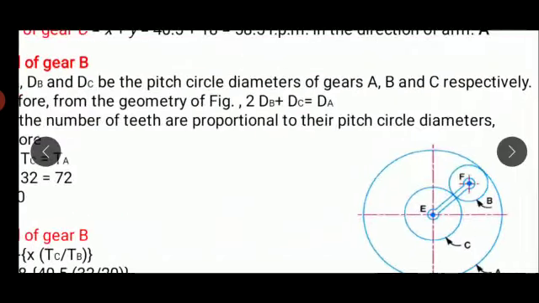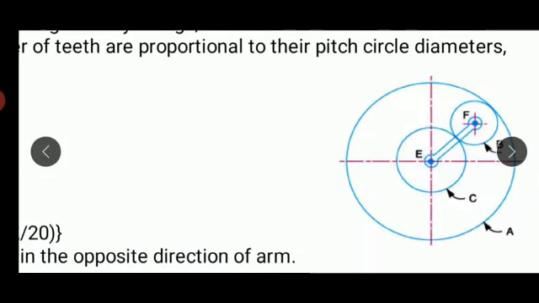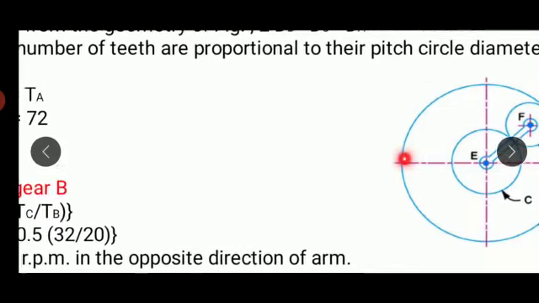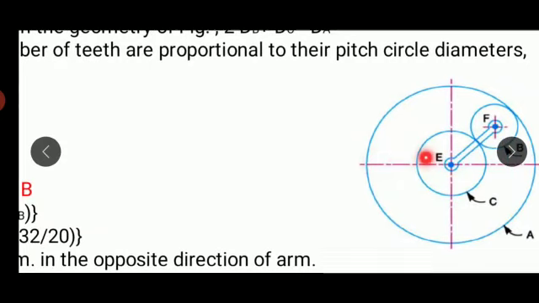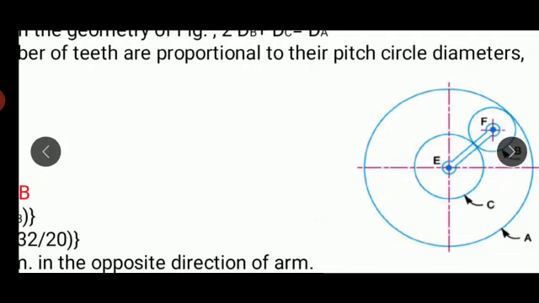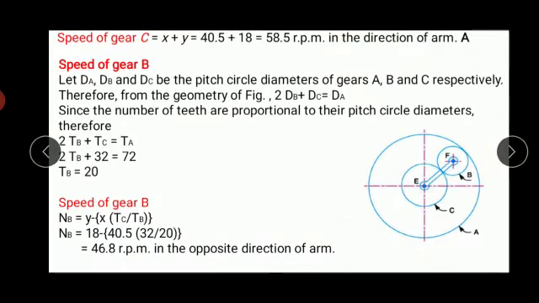So we are having a sketch of the epicyclic gear train. If I want to find the diameter of gear A, it is from this end up till this end. So we are having diameter of gear C here, and here it will be diameter of B. Again here it will be diameter of B. So total diameter of gear A, dA, will be dB from here to here, then dC, and again here it is dB. Therefore, it becomes 2 dB plus dC equal to dA.